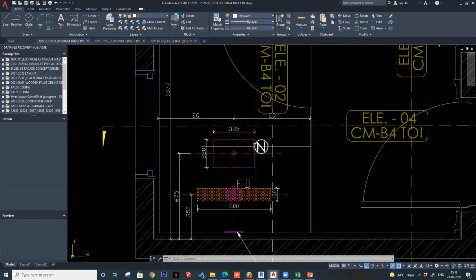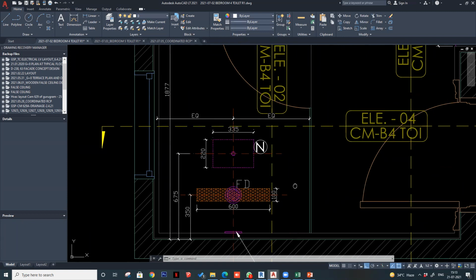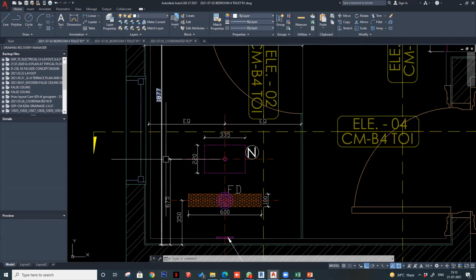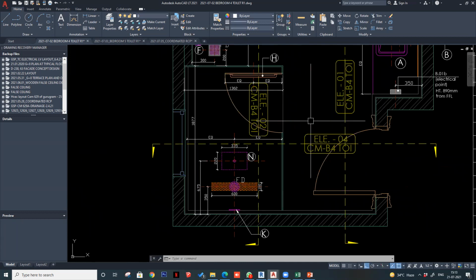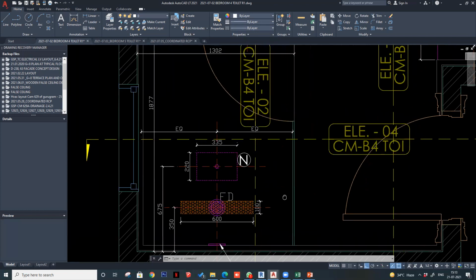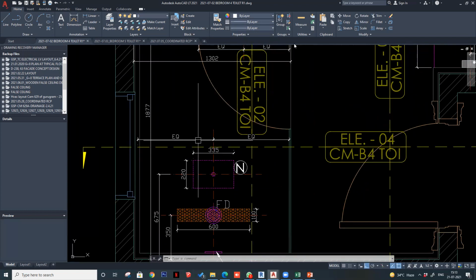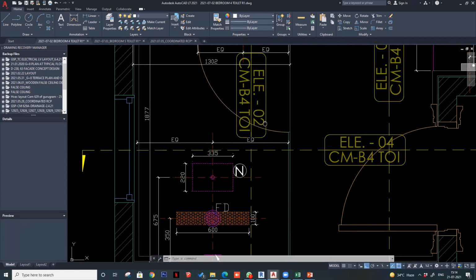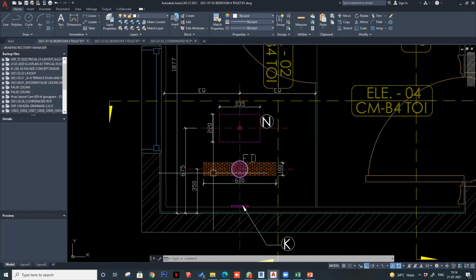And then we are having an overhead rain shower. These are not anything standard like this 675, but it is according to how you take a shower, so you don't want to stand on the drain, right? You would not want to stand so close. So accordingly you'll have to figure out at what distance you should keep these things according to your usage. If I place it too much in front, it will clash with the door. If I keep it too far back, you'll have to stand on the floor drain. So accordingly you'll have to figure this out.